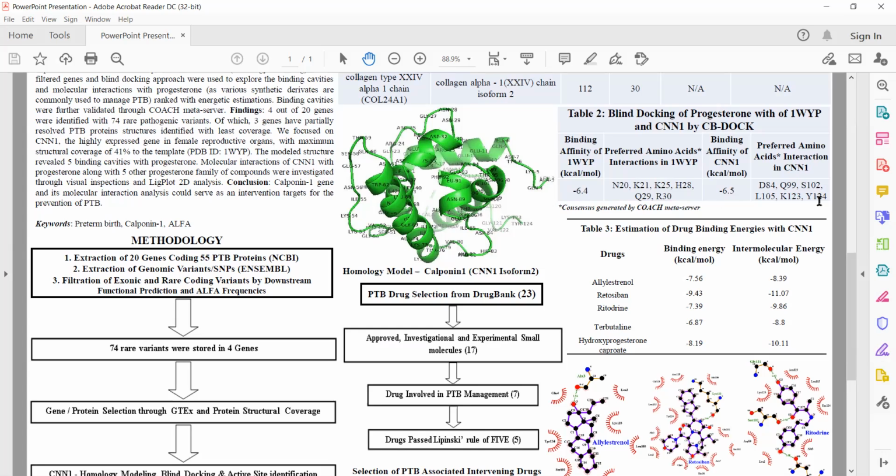So the preferred amino acid interactions are a bit different from 1WYP because 1WYP is the CNN1 isoform 1, while we are working on CNN1 isoform 2. So I named it as transcript level homology modeling. So once you dock